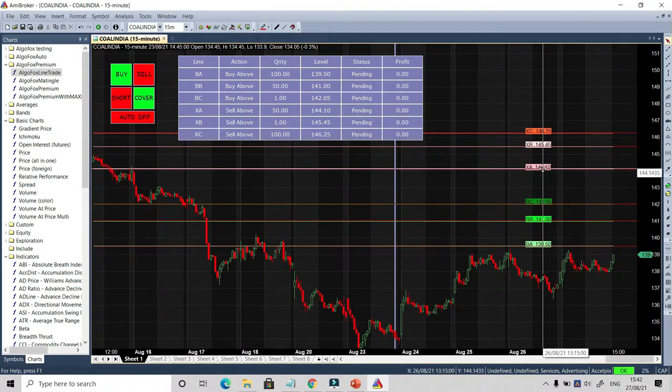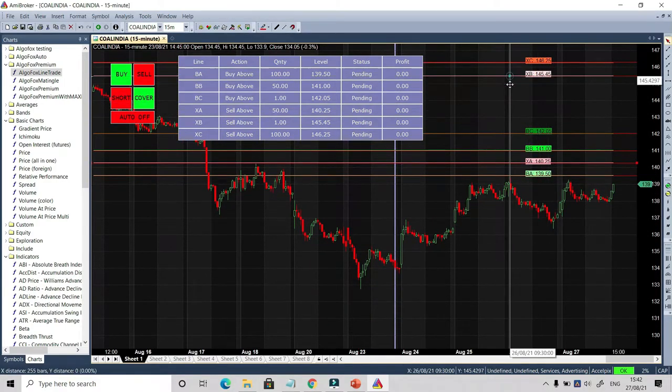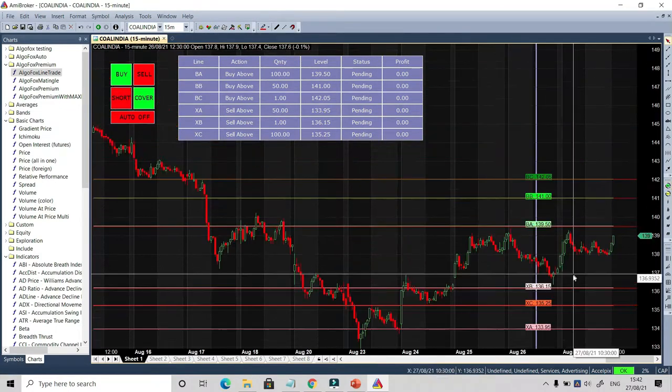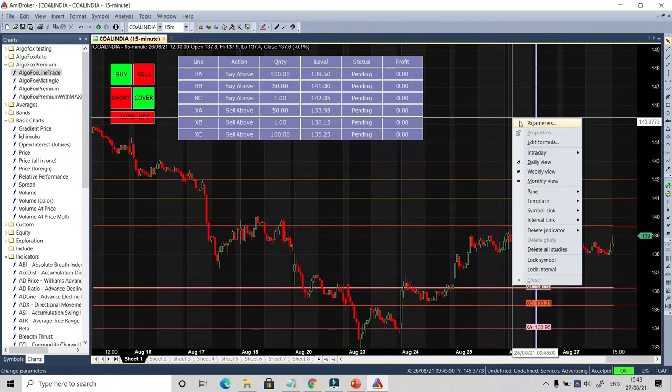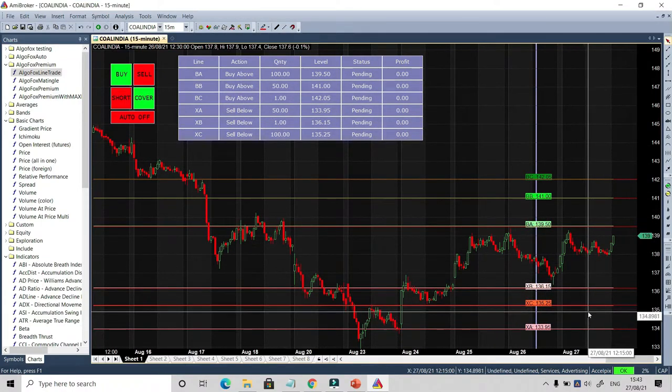But instead of targets, if I want to keep a stop loss, that is also possible. I'll just bring all the 3 lines down below my entry points. I'll just drag and drop these levels somewhere here. That's it. Now instead of sell above, I'll make it sell below. In the parameters, I'll scroll down and make it sell below, and that's it. Now these 3 lines will act as my stop loss. So targets and stop loss can be interchanged by just dragging and dropping on the chart. Not only horizontal lines, it works very well on trend lines also.